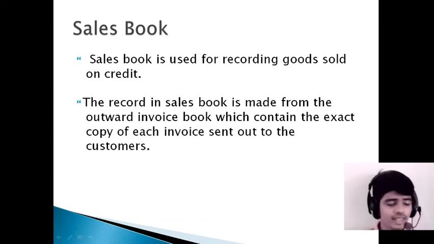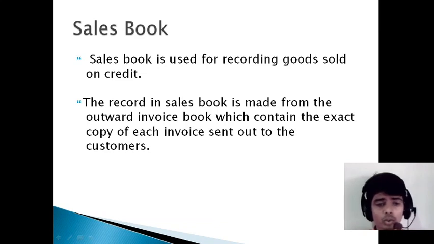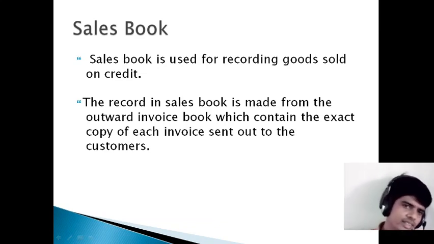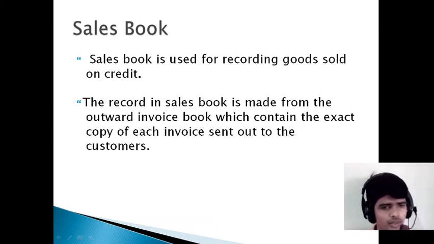So when I say sales book, what is it? The sales book is nothing but credit sales, where the sold amount we have not received; the goods have been delivered, we have already given the quantities of goods but the payment is due. That credit sale we are going to record in the sales book. Next, the record in the sales book is made from the outward invoice number. As we discussed in the purchase book, the inward invoice number, here the outward invoice number is very important. So let's study the format once again.